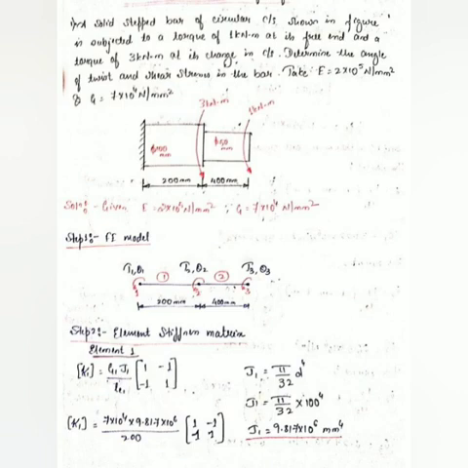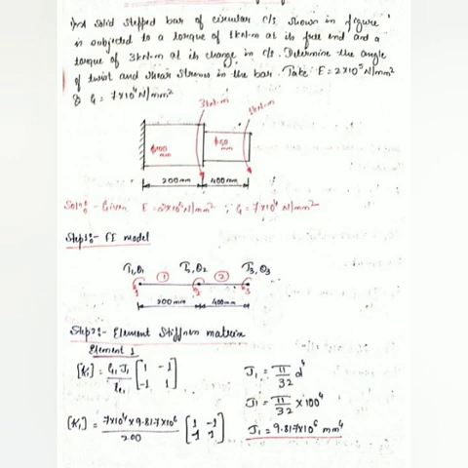So we'll begin with the solution. First step, FE model. This FE model will be a common step for all types, that is bars, beams, trusses, heat transfer. Here it is a torsion topic. In step 1, FE model, there are two elements, which means there are three nodes, node 1, 2, 3, and each node has two field variables, that is torque and angle of twist. At node 1 it is T1, theta 1, node 2 T2, theta 2, node 3 T3, theta 3. These are the field variables.